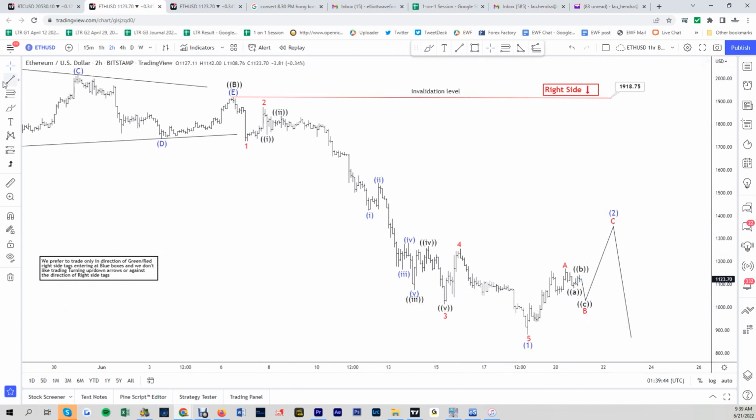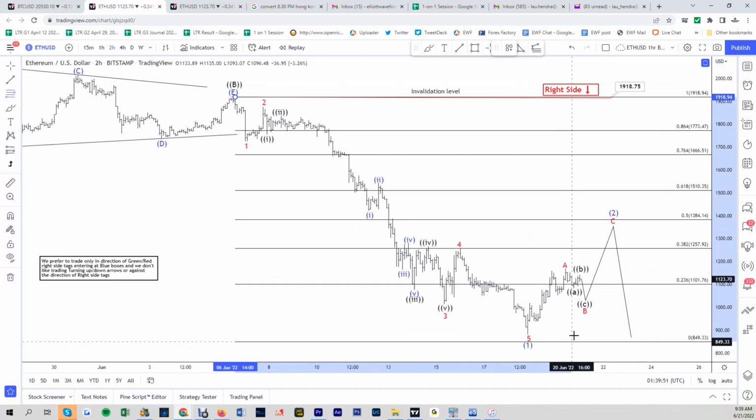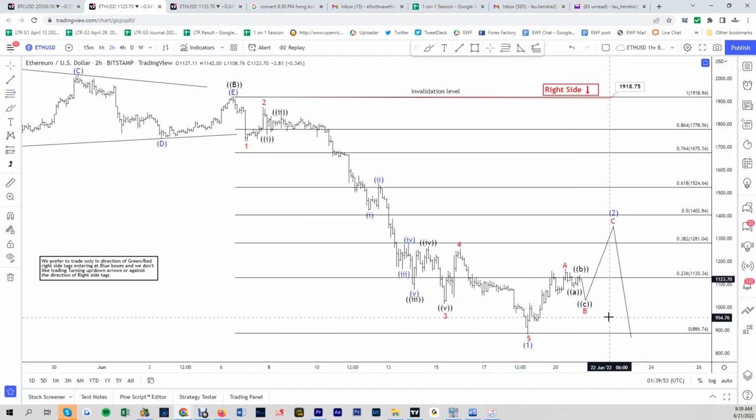But you can use retracement just to give you a rough idea. Typically wave 2 should be at least a 38.2% retracement minimum. Usually that's basically what I'm using, but more ideally it is 50%, 61.8% if it is possible. This is the best ideal area, but the minimum is a 38.2% retracement